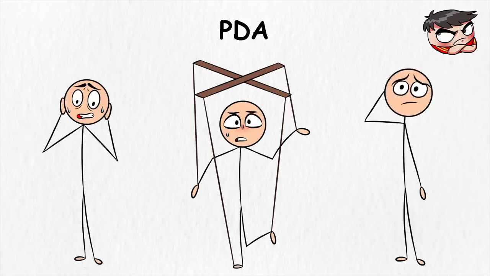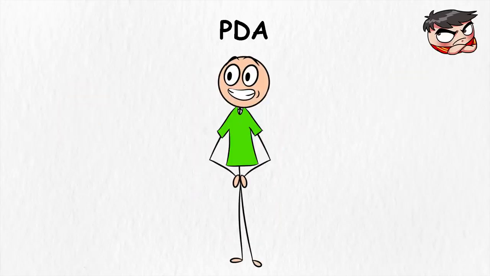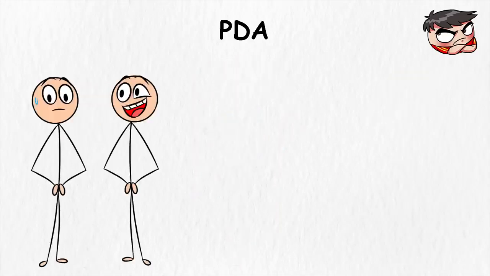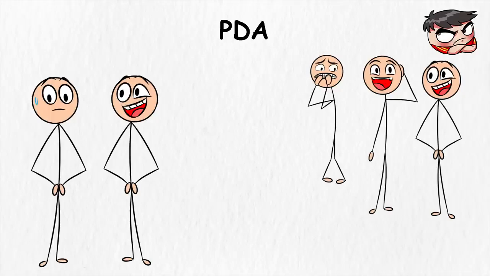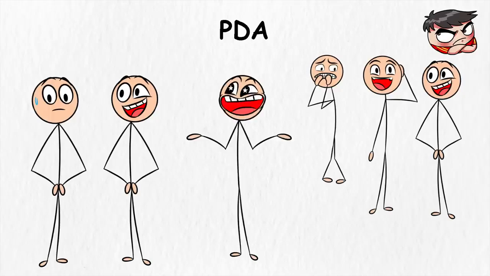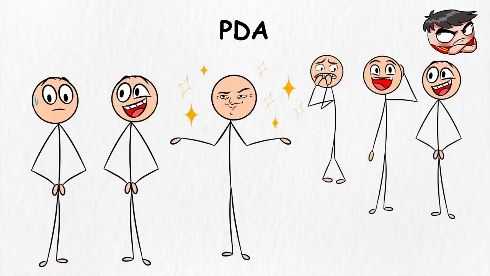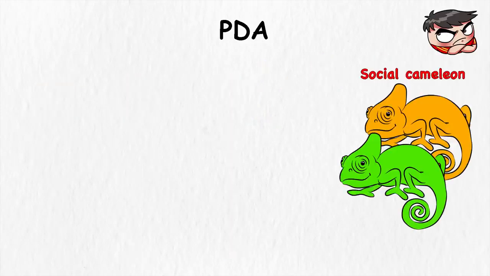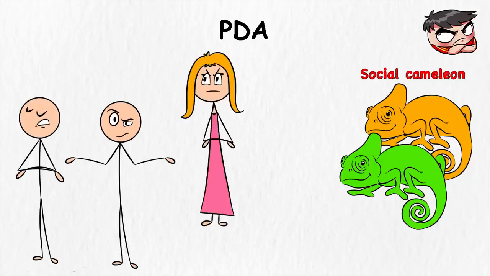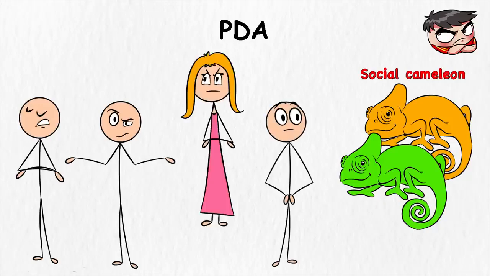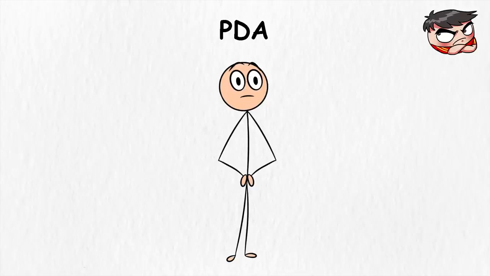However, people with PDA often don't fit the traditional picture of autism. Where many autistic individuals struggle with communication or shy away from social interaction, PDA folks can seem extremely social and talkative, sometimes even conventionally charming. They're often described as social chameleons, adapting to situations to avoid demands or maintain control. However, under the surface, they are managing enormous anxiety.